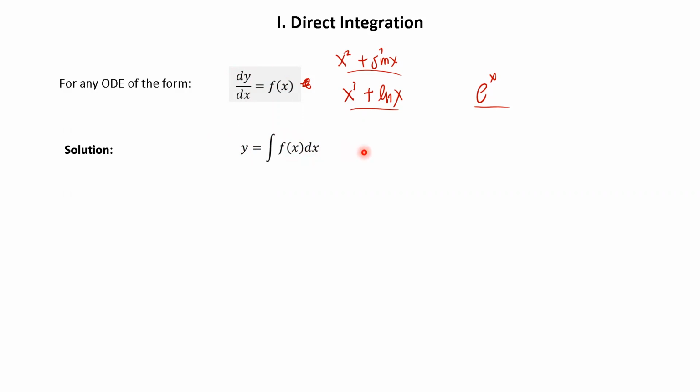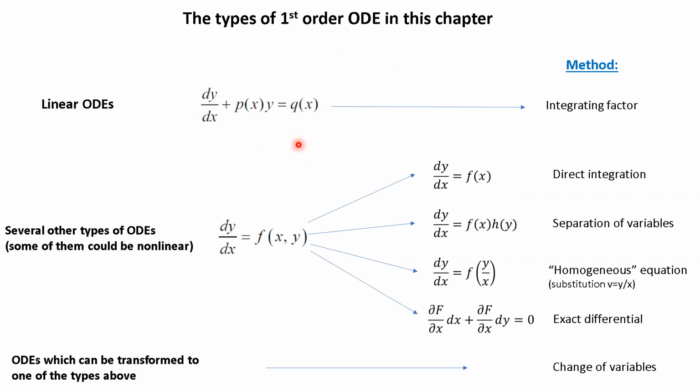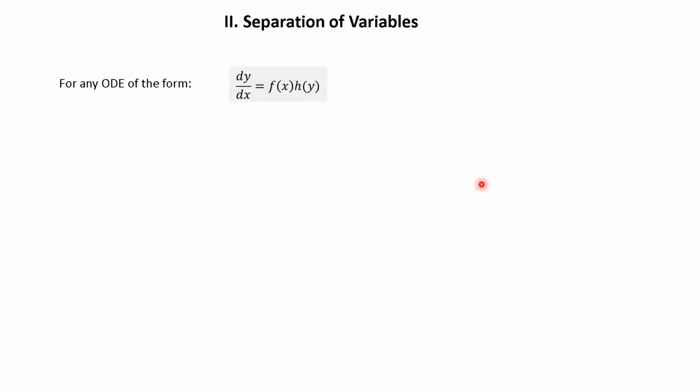So that's the most trivial type of ODE. This is a type that even a secondary school student can do. The only question is whether you can find this integral. So that's the first type done. The next one is an ODE of the form